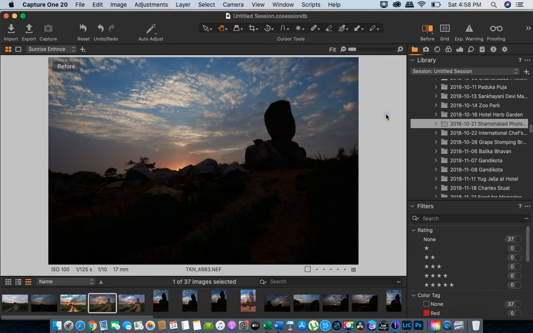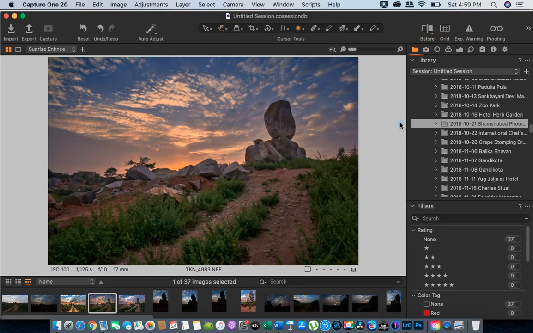Now why did I make the switch? One primary reason is that Capture One is available for a one-time purchase, and you don't have to take a subscription like Lightroom. So that is one. But while I used it for those 30 days, I found so many more advantages in Capture One as compared to Lightroom. So let me demonstrate what I mean by those benefits of Capture One as compared to Lightroom.